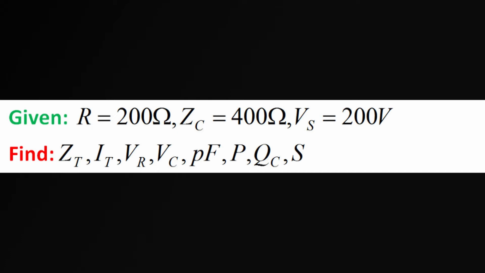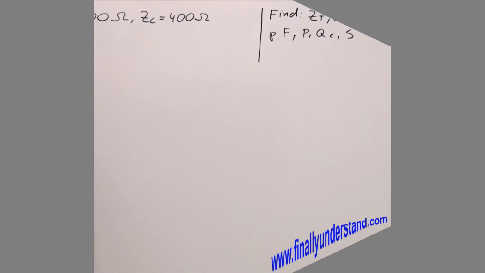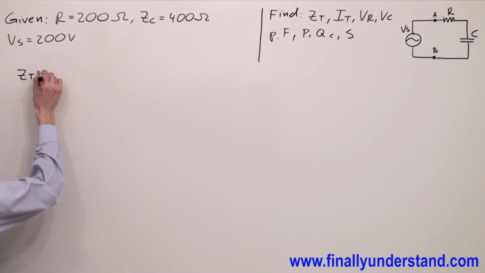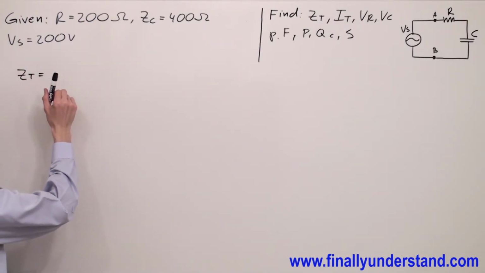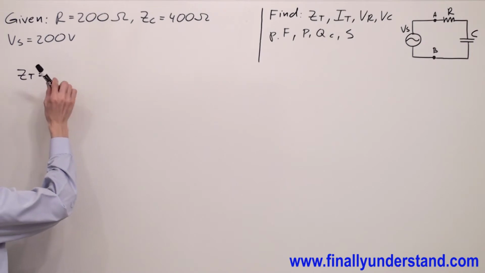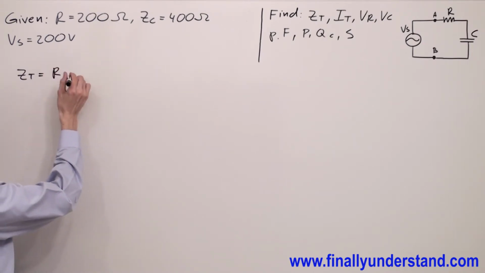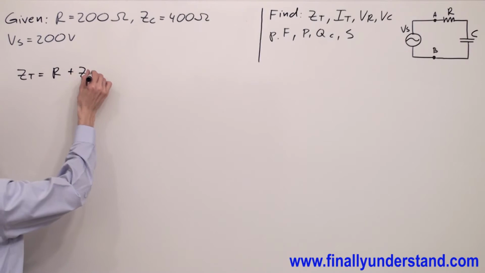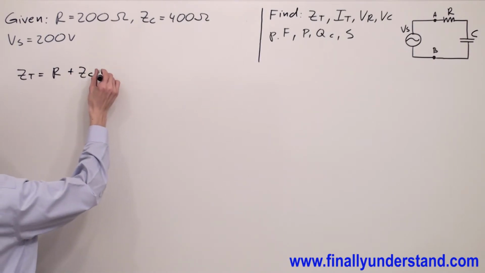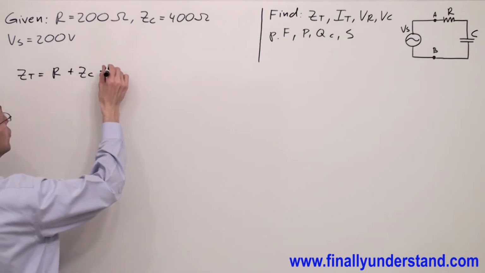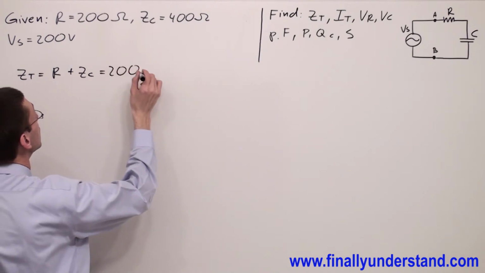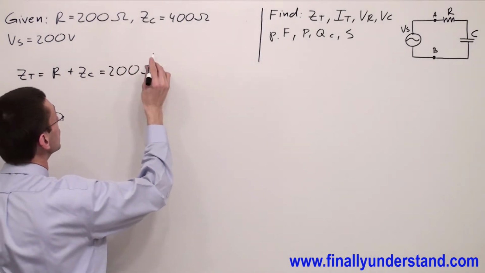We have another example on the board. First, I'm going to find Z total. Because this is a series circuit, I'm going to add the given impedances. I'm going to add the resistance to the impedance of the capacitor. So I have 200 ohms plus Z of C